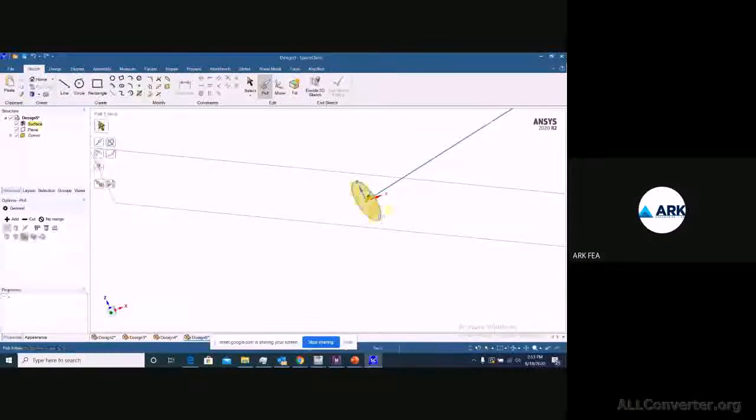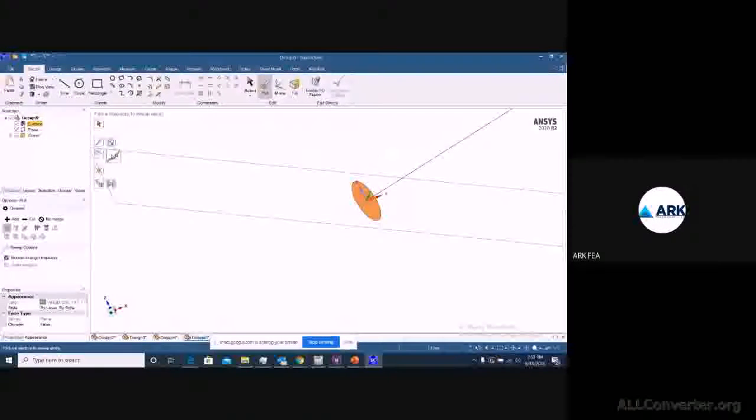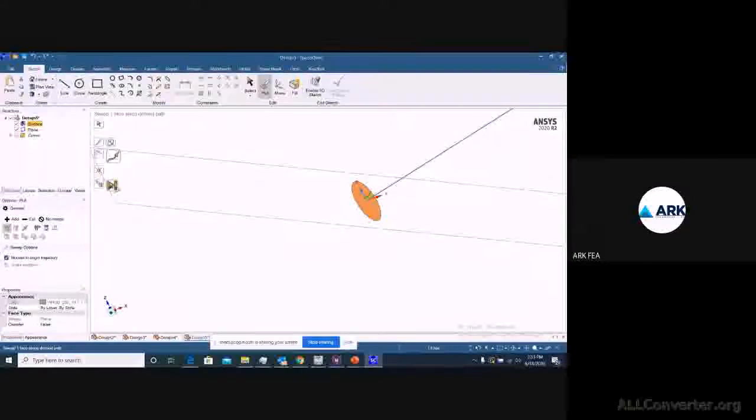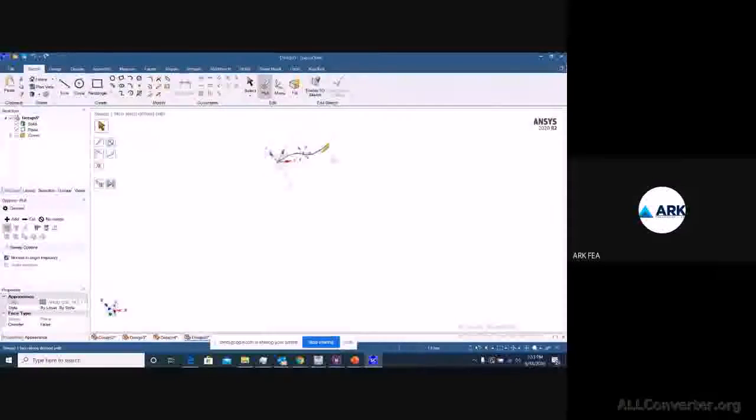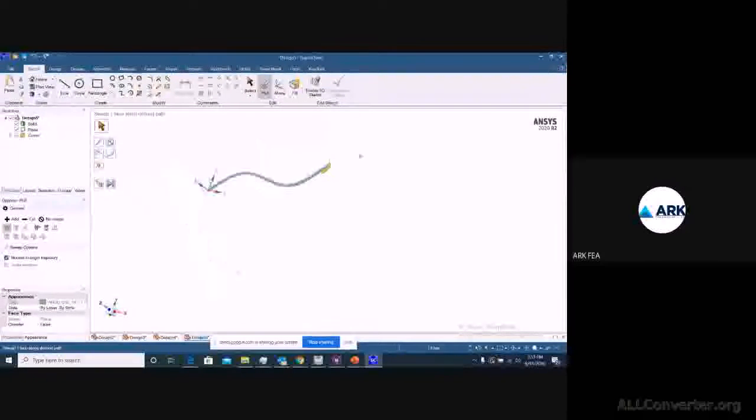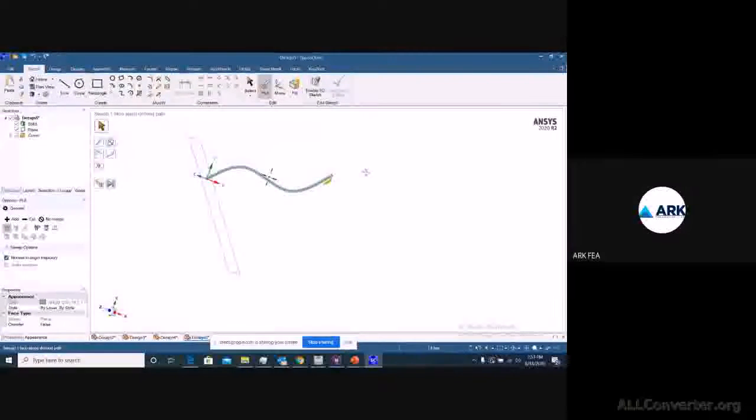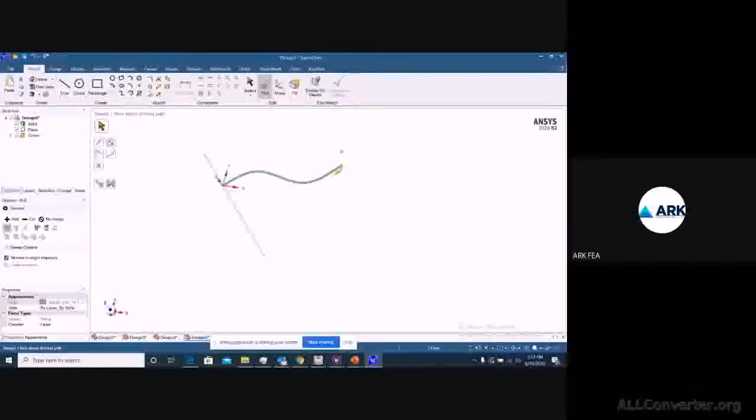Then sweep, select your path, and full pull, the same you can use, so that it will directly create up to the complete trajectory you have specified.